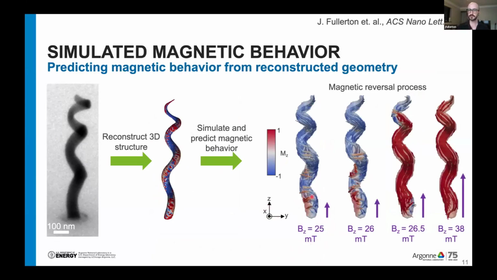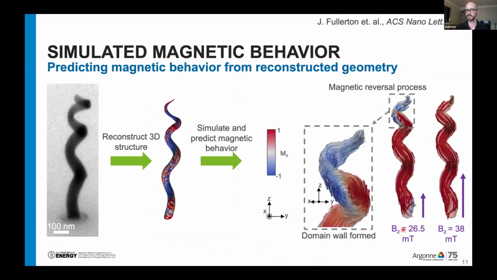And we see that the reversal begins to be nucleated from this slightly thicker region down at the bottom, but then it very quickly propagates up through the majority of the structure. So you can see this lower curvature region is prone to quite fast magnetic reversal and movement of domain walls. And we see we have this domain wall that forms towards the top end of the structure, as shown here. And this domain wall actually takes quite a large increase in field